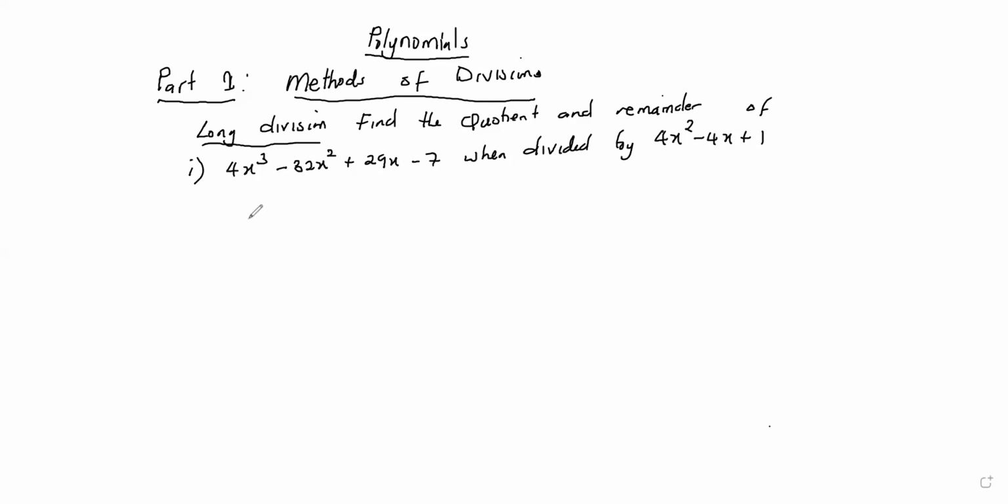So we're using long division. So we'll say 4x squared minus 4x plus 1, and then you do this,